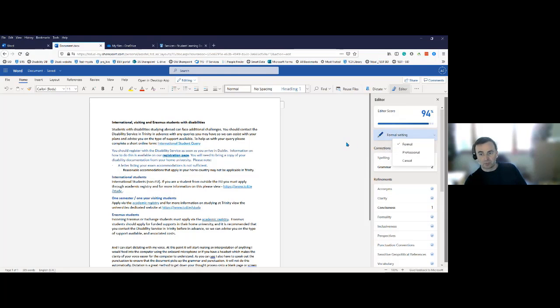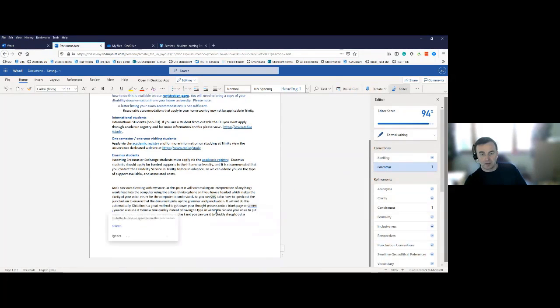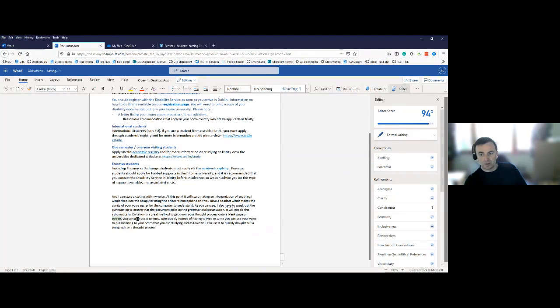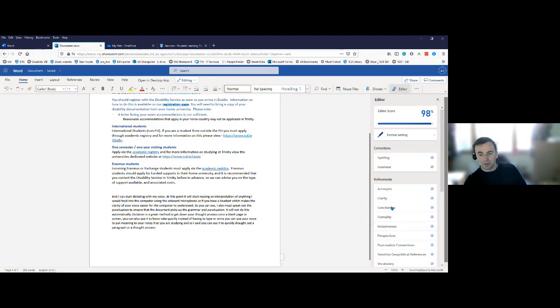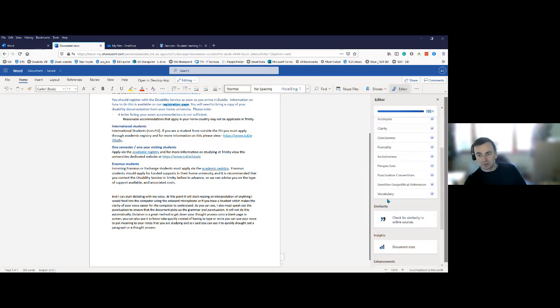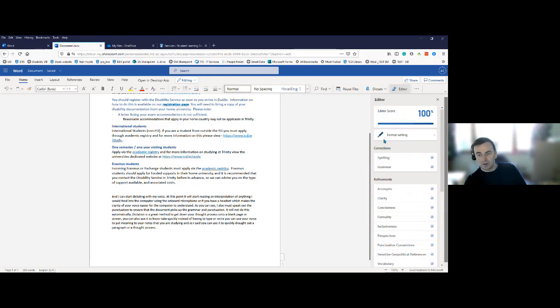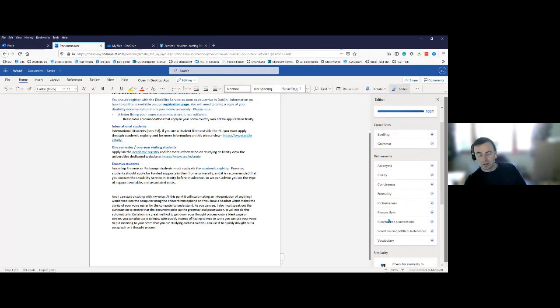You can check the type of writing you want to do, so I'm just going to keep on using formal. I can check my grammar. It's going to tell me there's a couple of mistakes here regarding missing spelling. You can also check on conciseness. You can add stuff to it. But if there are other errors, you could pick them up to reach that score of 100%. So essentially, it will go off and check your entire document, your academic document that you're going to produce,